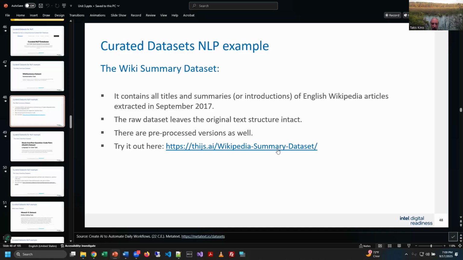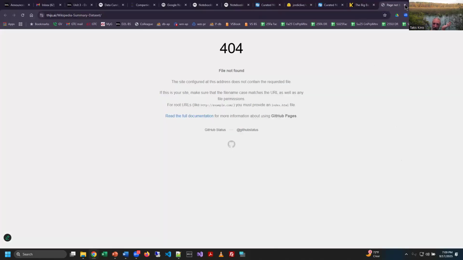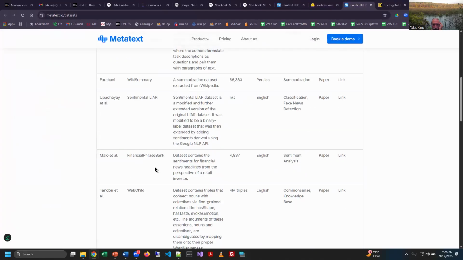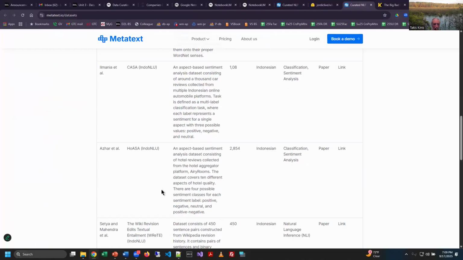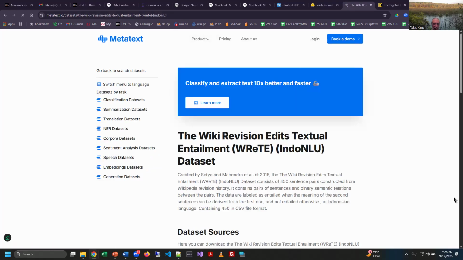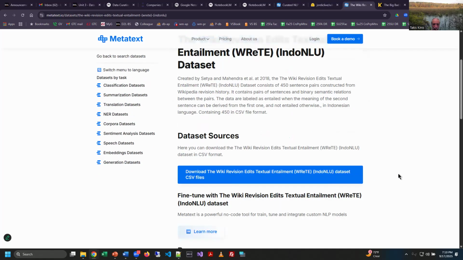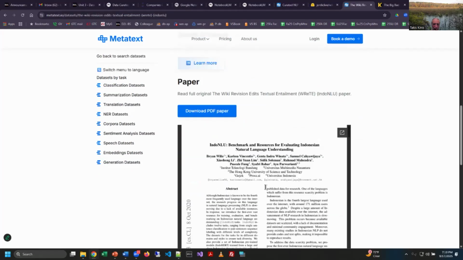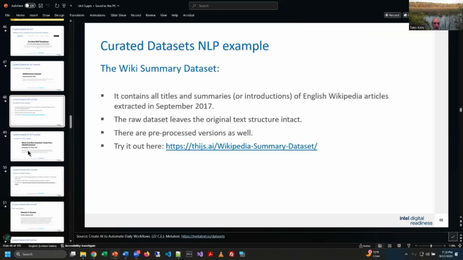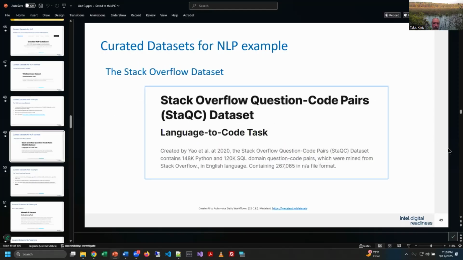That one is out there, and I don't know if I opened that one in a tab. So okay, that one's not there, but I think we found it here somewhere. Yeah, I think this is the one they're referring to. And I'm just going to click into it for a moment. There's a paper on it, and then you can actually pull the whole thing down and look at some of the contents. I'll show you some example contents coming up here. I forget which link takes us there.